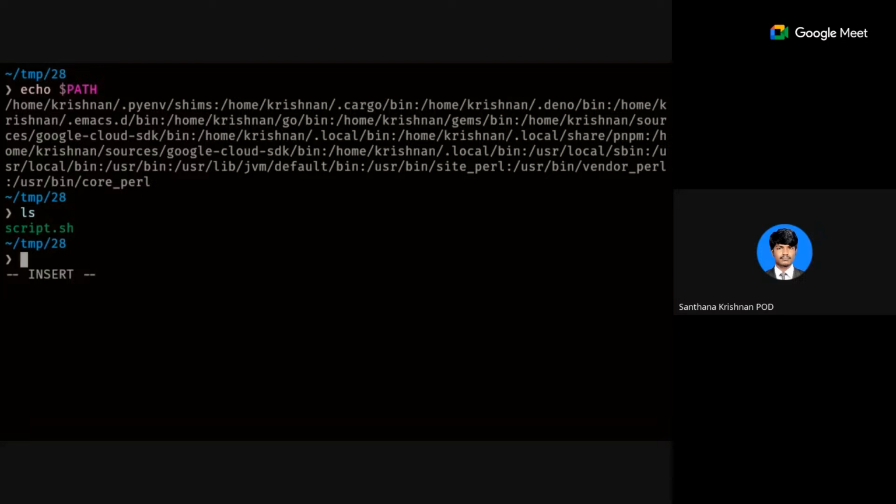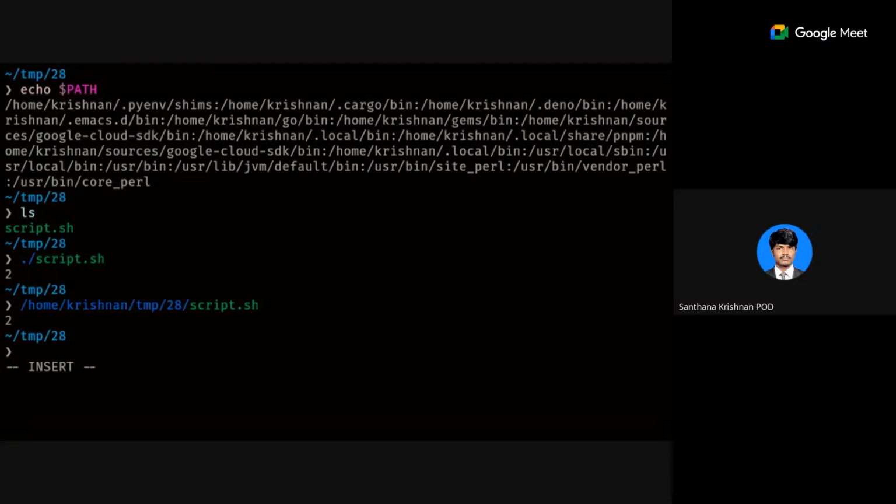Let's say if I want to run the script.sh, I have to specify the location. I have to use ./ to run it. Yeah, the / is not for executing purpose. It is for referencing purpose. So when we refer to a file, we are executing it. It need not be ./, I can give a full path as well. Yeah, this is also fine.